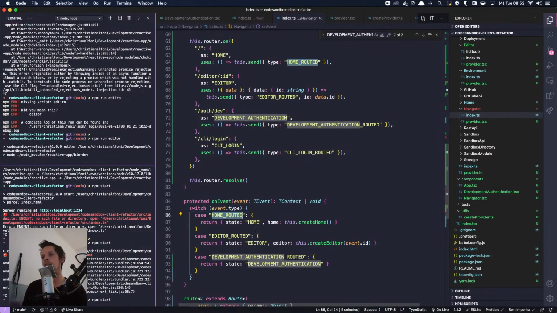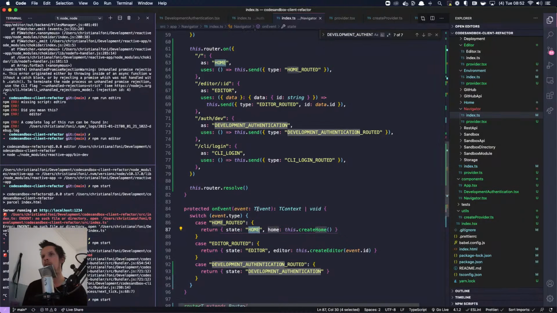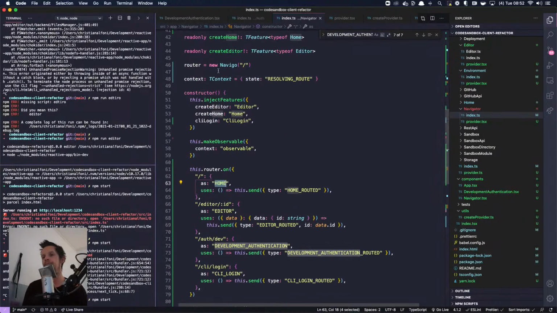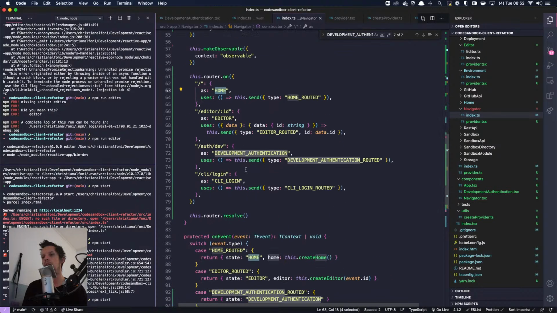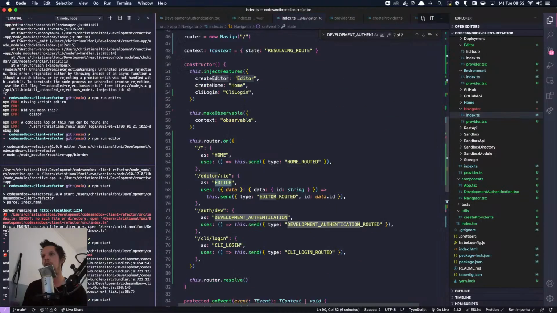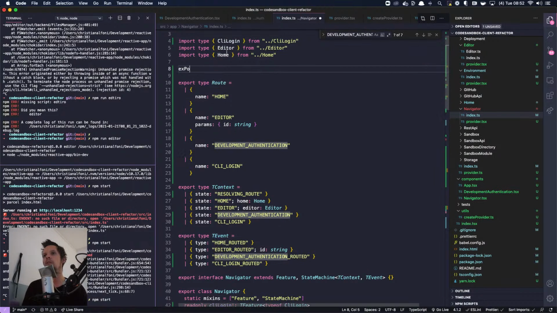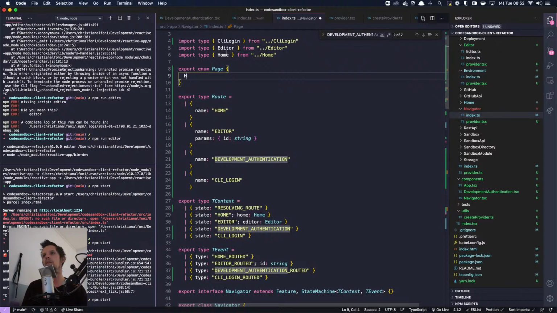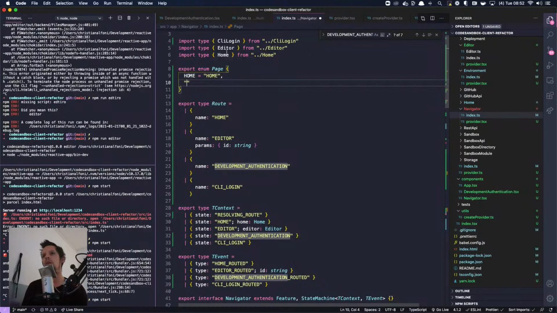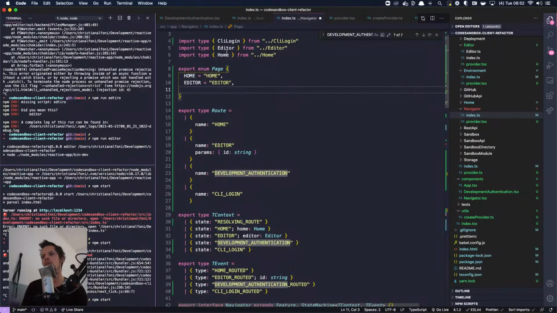The problem is that we have a lot of duplicate stuff. So we have home, home. So we should have an export enum Page. Home equals home, editor equals editor, development authentication equals development authentication,